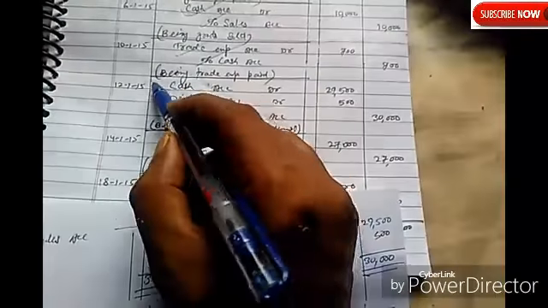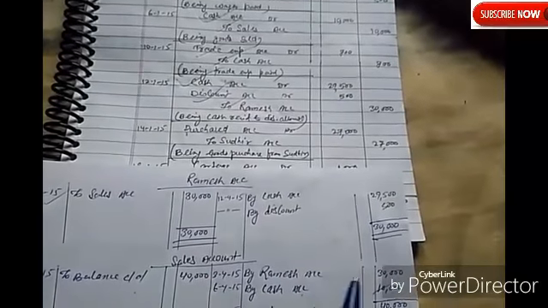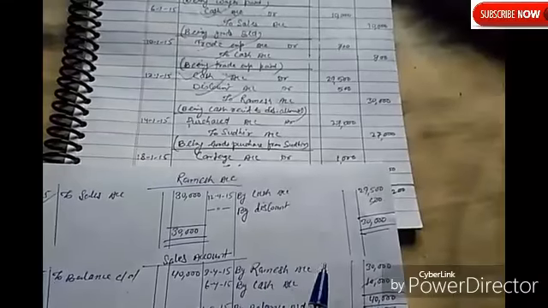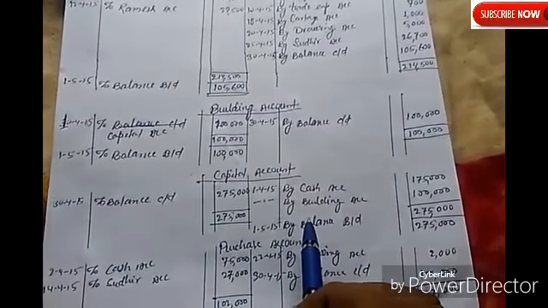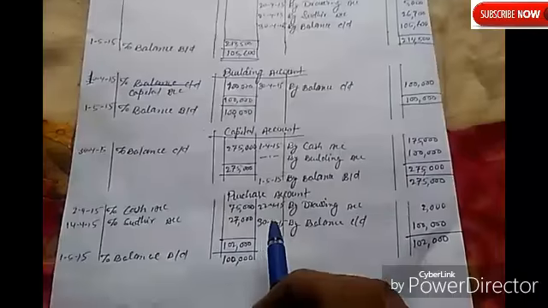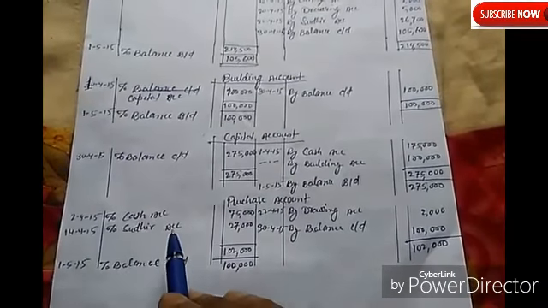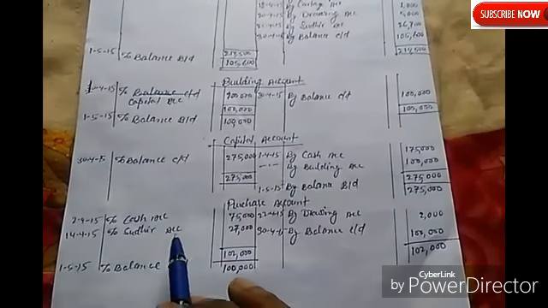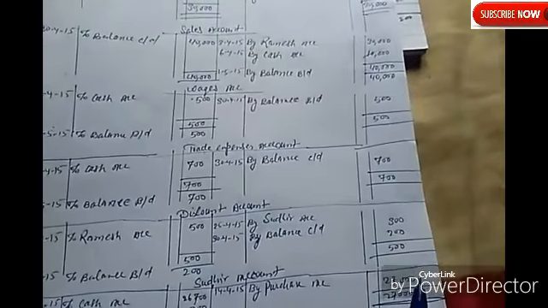This is also done. Now see, on 14th, purchase account debit to Sudhir account. The purchase account is already open on this side. So here on 14th April, instead of purchase, we write to Sudhir account 27,000, and one more account will be created. The Sudhir ledger will be opened.